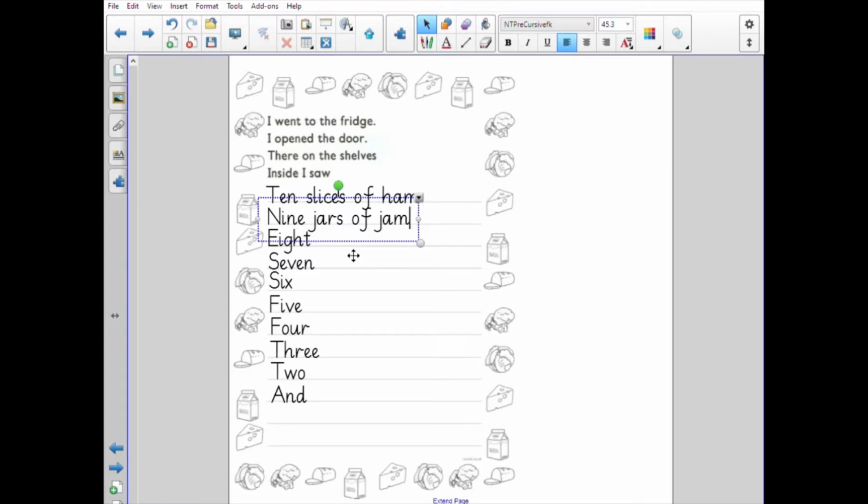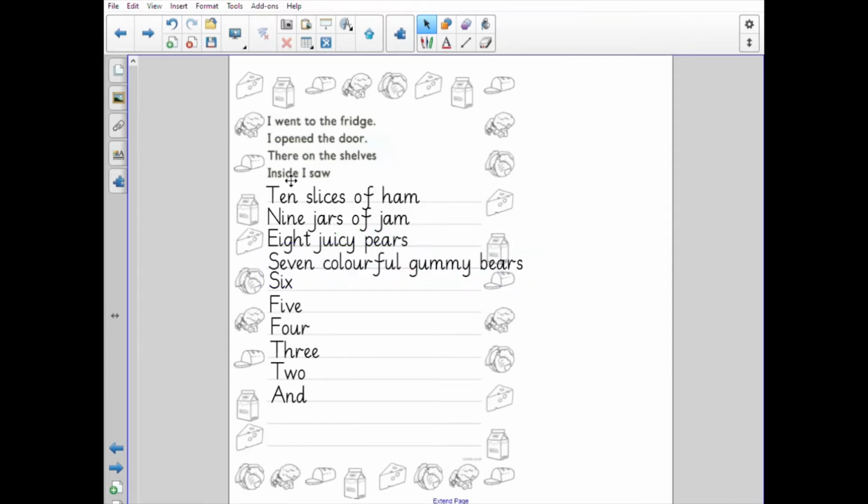And John Foster didn't put any commas in here, so I'm not going to either. 10 slices of ham, 9 jars of jam, 8 juicy pears, 7 colourful, what do you think I'm going to have? 7 colourful gummy bears. 10 slices of ham, 9 jars of jam, 8 juicy pears, 7 colourful gummy bears. So I've managed to carry on the rhyme,